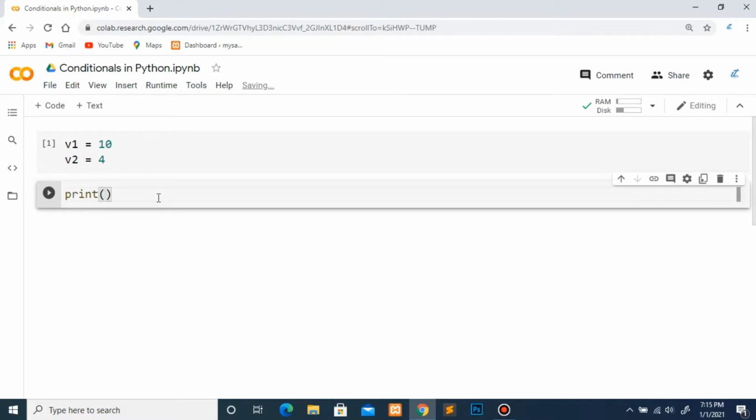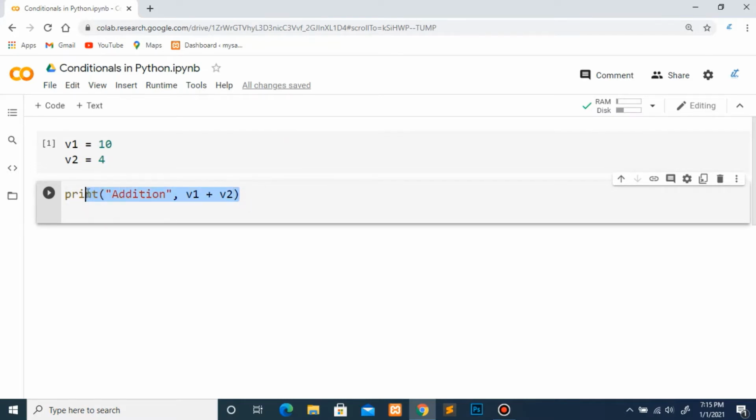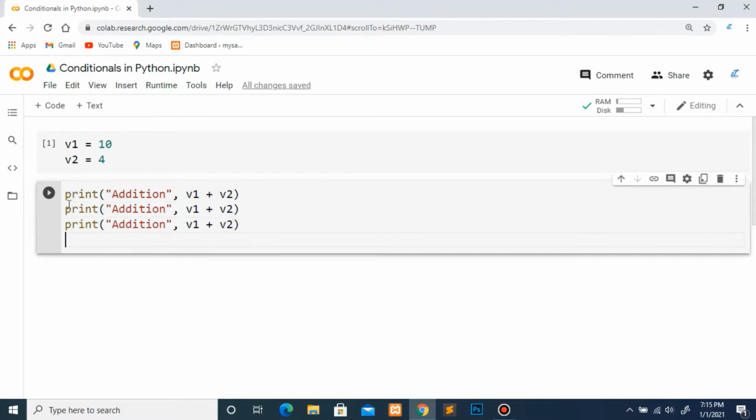Print, then the first arithmetic operator was addition, comma, v1, and the symbol that we used for addition is this plus symbol, v2. Similarly, I can write all operators here. Let me copy paste.